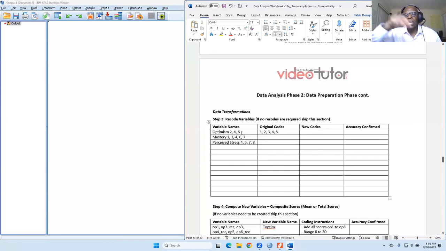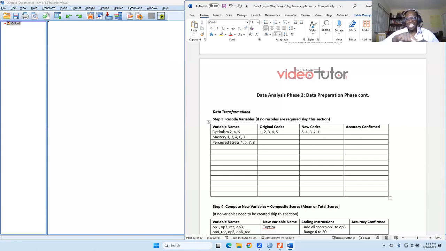These have to be reverse coded, so 1 becomes a 5, 2 becomes a 4, 3 stays as a 3, 4 becomes a 2, and 5 becomes a 1.